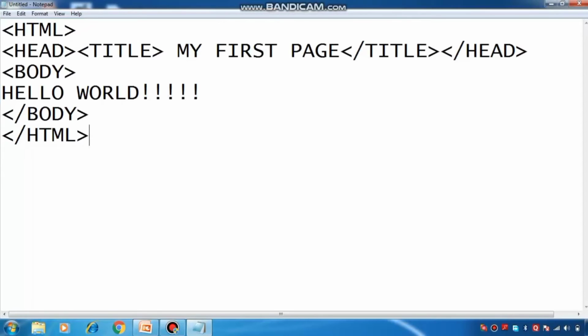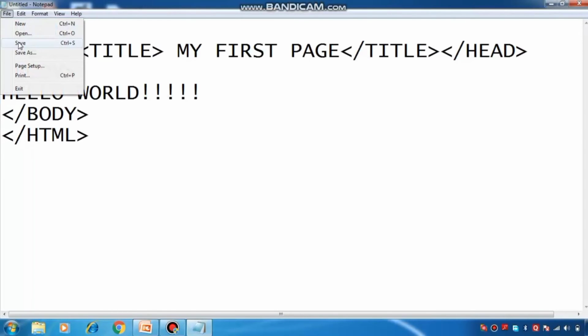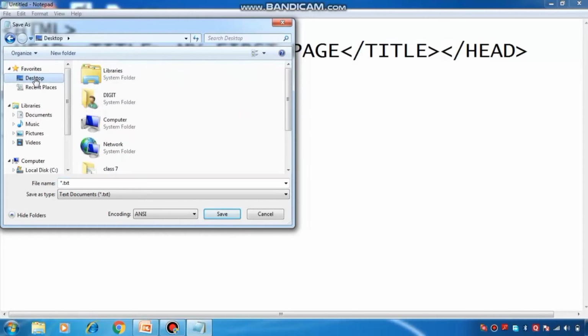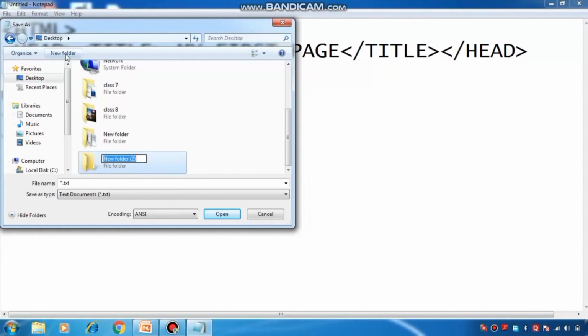So to make it a web page I have to save my HTML document with the .html extension. Suppose I want to save my file on the desktop, then I select the destination, like desktop, and I create a new folder. The name of that folder is HTML.